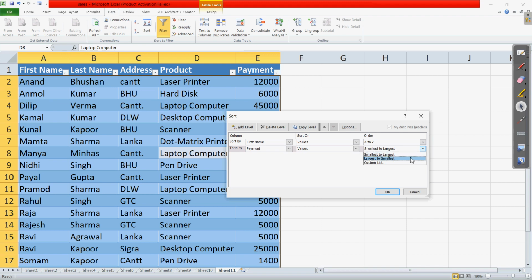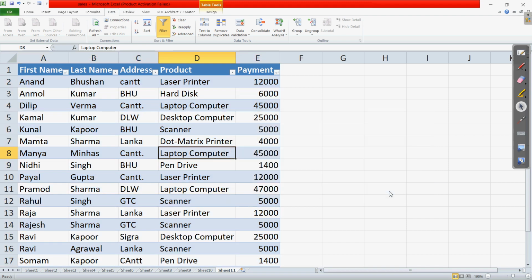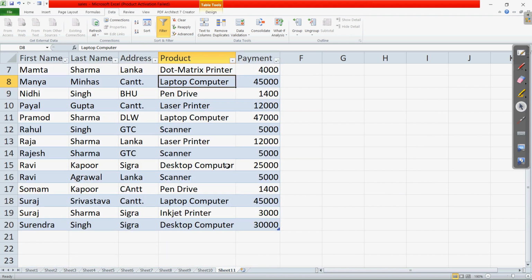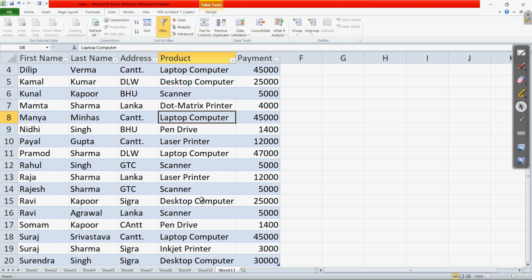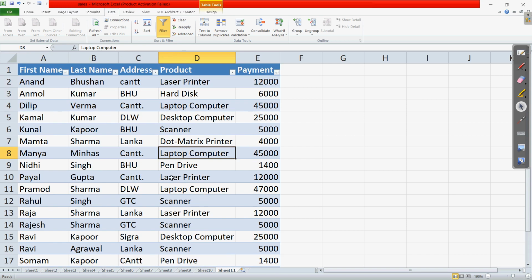Okay, let us change this. Even then I think, okay, so here you can see all of these are being shown. Okay, so there is some issue or mismatch, we will see that.